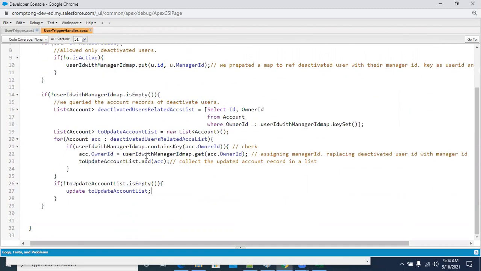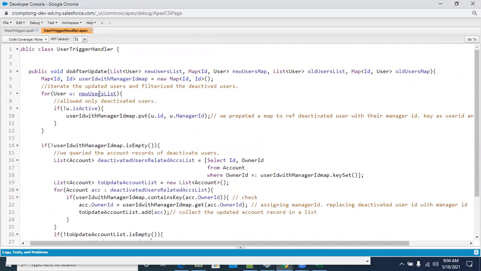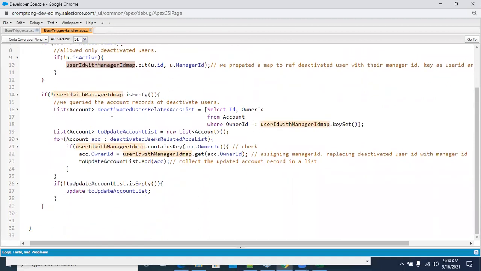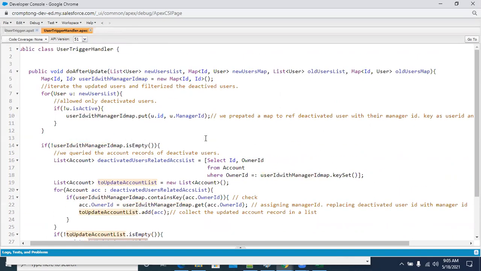See what we have done. We have a list of users who got updated. In that, we filtered only deactivated users and we created a map. This is the user ID, the deactivated user ID, and the related manager ID. We queried all the account records of this deactivated user ID, and we are iterating each and every account record. That account record will have the previous owner ID, right? The deactivated user ID. If it matches, we are replacing this ID with this manager ID, that is the logic. And we are supplying it to an update operation. So this is the simple logic we have written